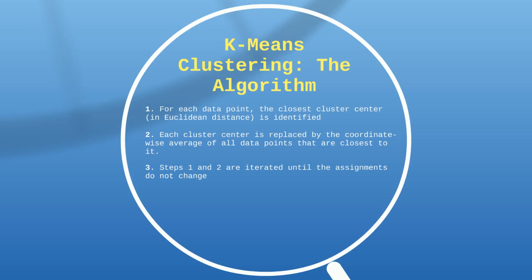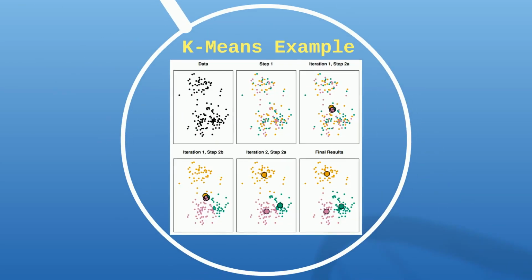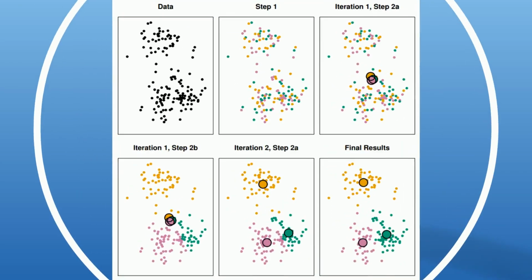So let's take a look at an example of this because it actually will help clarify how this works much better. This image is a k-means example, and in the upper left you see our data. This is just a random distribution, randomly generated. All the points are in black, so we have no clusters yet. Step 1, we're going to assign them to random clusters. For this example, we're picking 3 clusters,